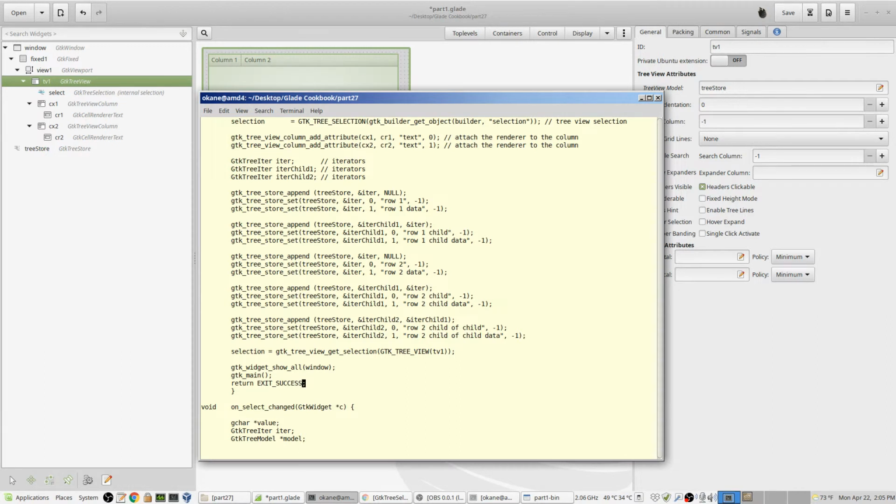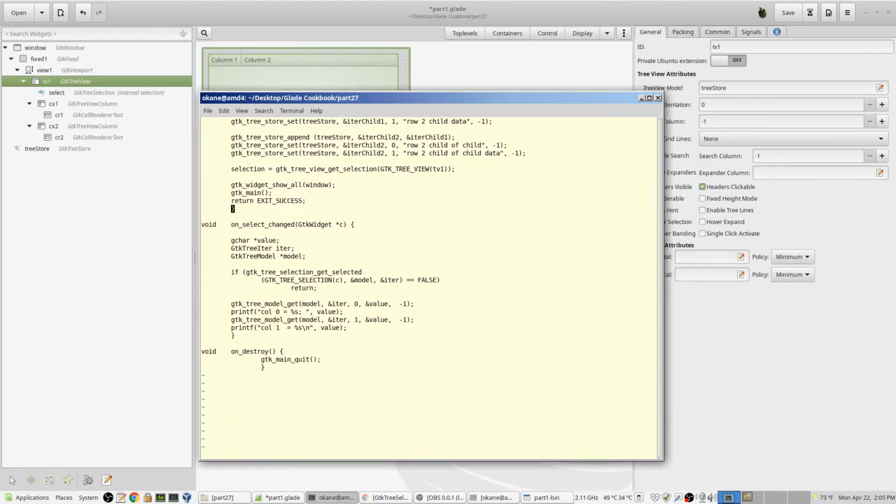Then we'll exit altogether. All right, this is the signal handler for a change in the selection. If the selection changes, we'll go here. And I've got a couple of things declared. I've got a character string pointer, I've got an iterator, and I've got a pointer to tree model, which is basically going to be the tree store. Okay, Gtk Tree Selection Get Selected, and I pass down